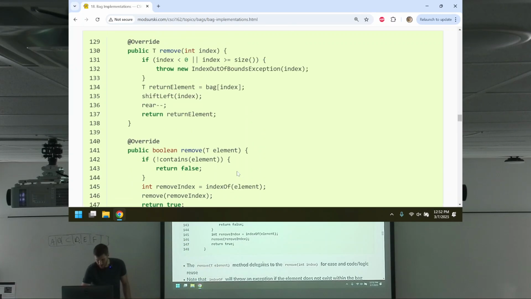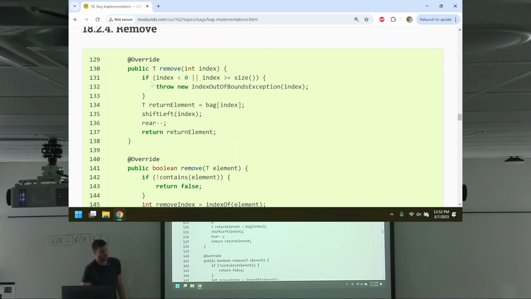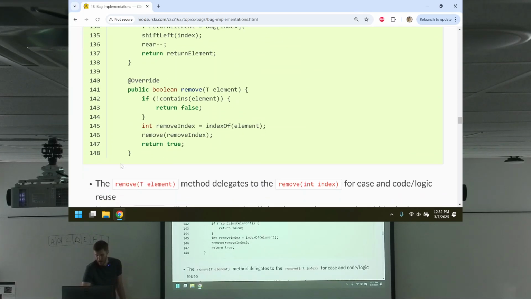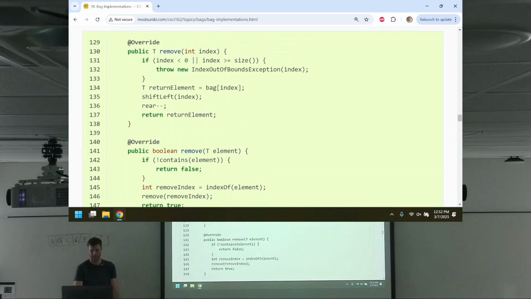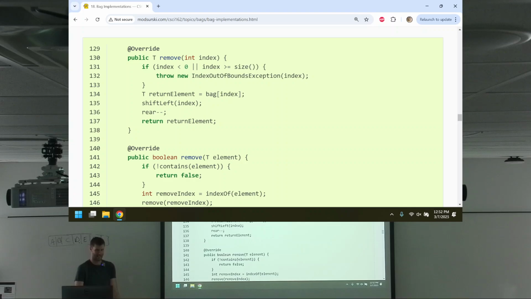Now, you might notice this remove returns an element of type T. I am completely ignoring that here. I don't care. It gets lost to oblivion. This returns the element and it goes nowhere, so it floats away. And then I return true. Why? Because this remove returns a Boolean. If you remove a specific element, it returns true or false. If you remove something at a specific index, give me that thing at the index.